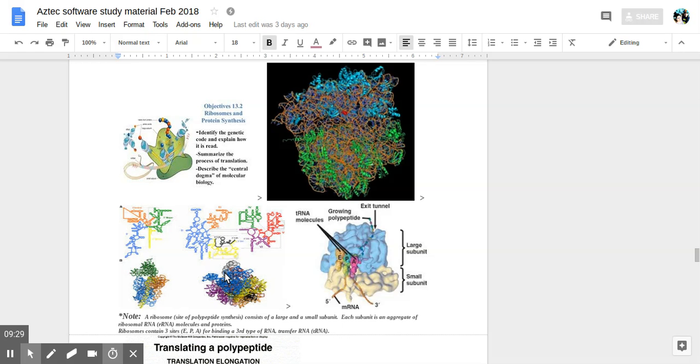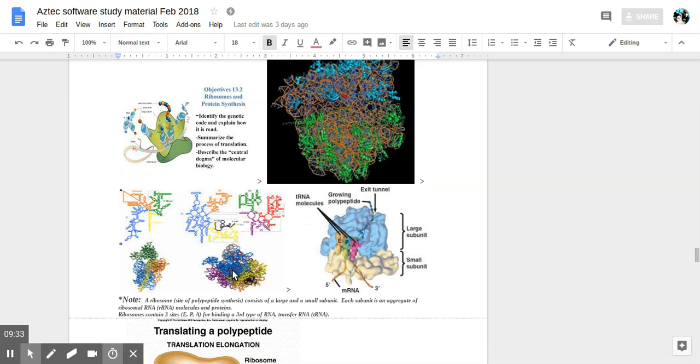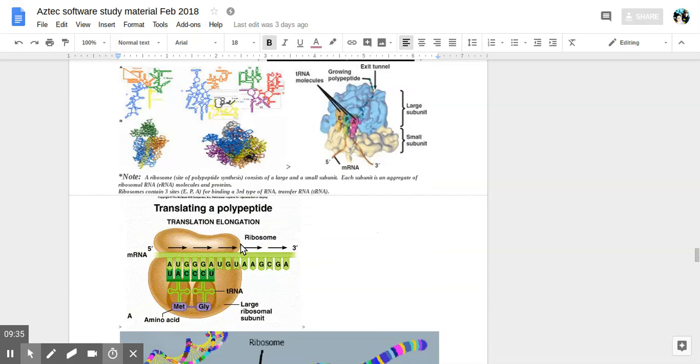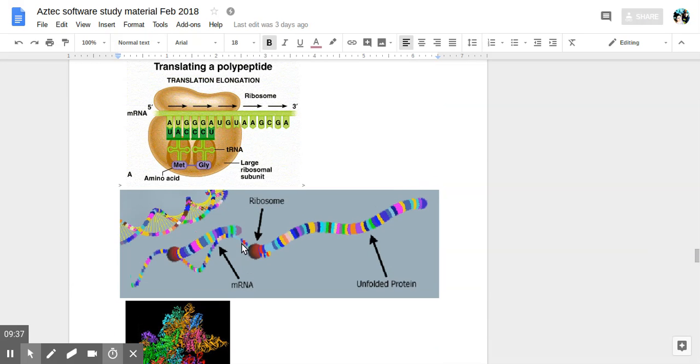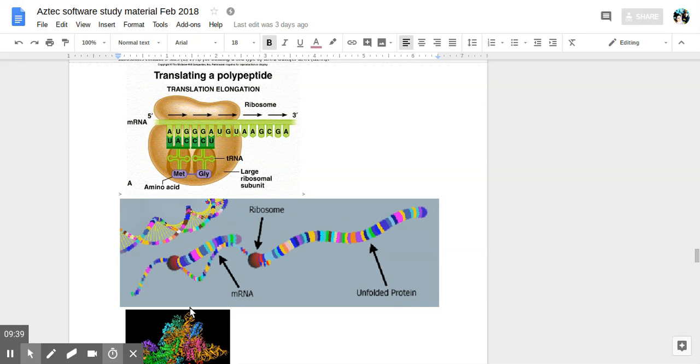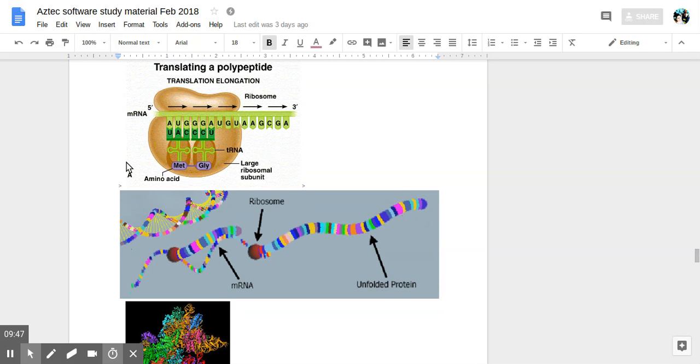It contains sites of binding for transfer RNA as well. It is in charge of translating polypeptides off of mRNA chains. This is what it looks like. For example, if you have uracil, adenine, and cytosine, these 3 bases or this codon would bring the amino acid